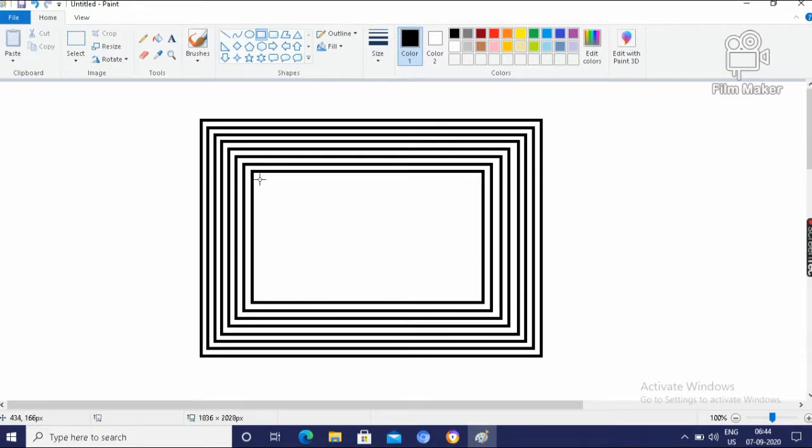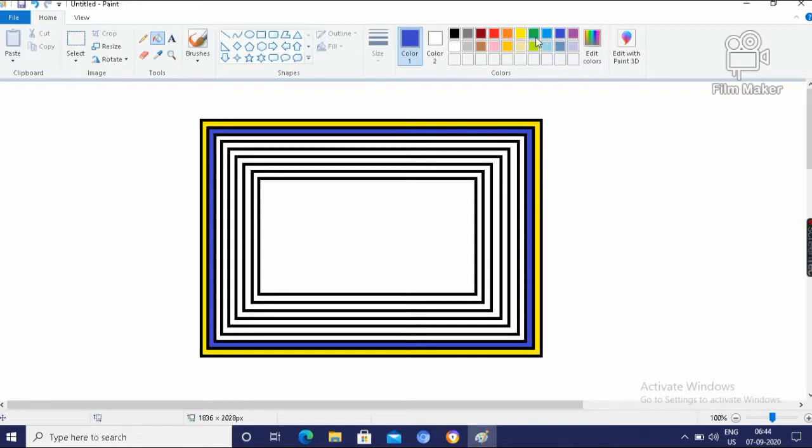Then I will show how to color it. First you have to click on the fill with color box, then fill it with a color, yellow color, then fill with blue color.